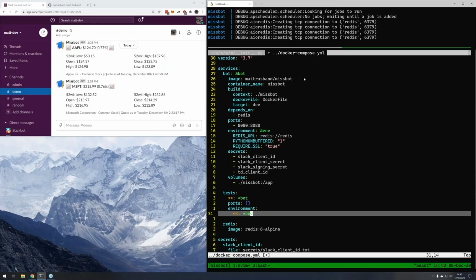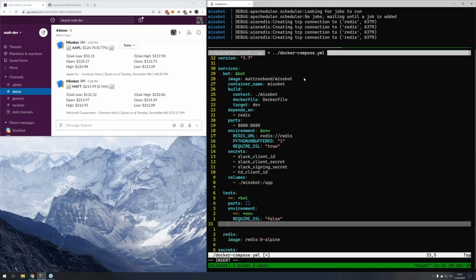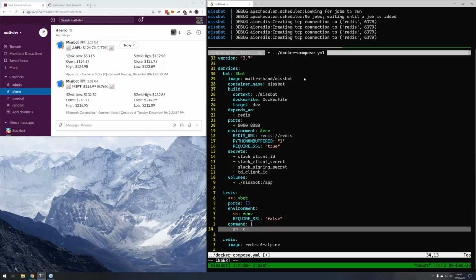So again, just using some nice YAML features. I know a lot of people hate YAML. A lot of us code in YAML every day for work half the time, but we can override some of these so we can actually run our tests on live reload. So then we can change the command out and override what was in our container, which would be